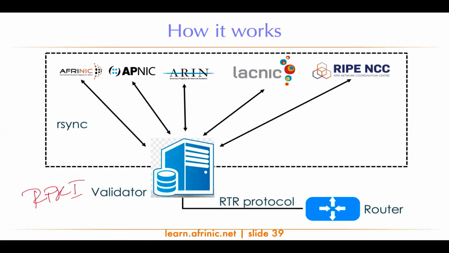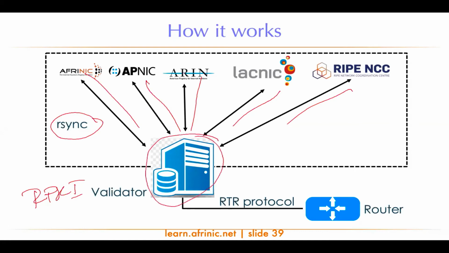And this RPKI validator uses the rsync protocol to download the manifests from various registries. And when this manifest is stored here on the validator, if a router wants to peer with this other router, and this router claims to have route 2001:DB8::/32, when it sends that route update